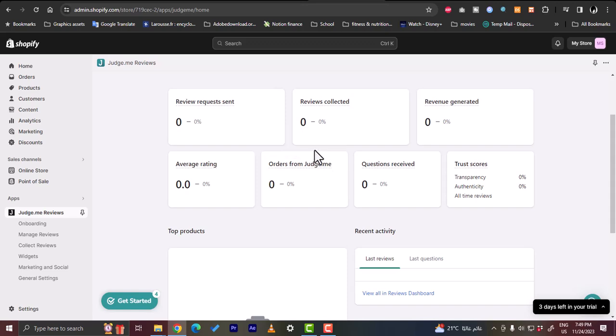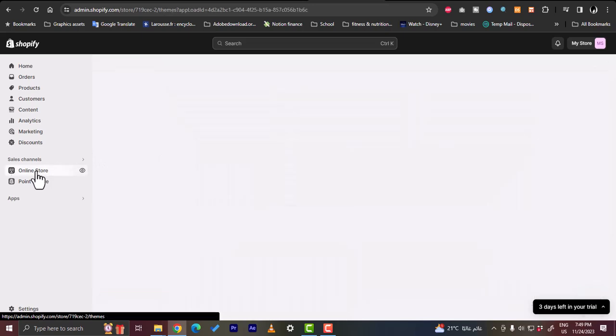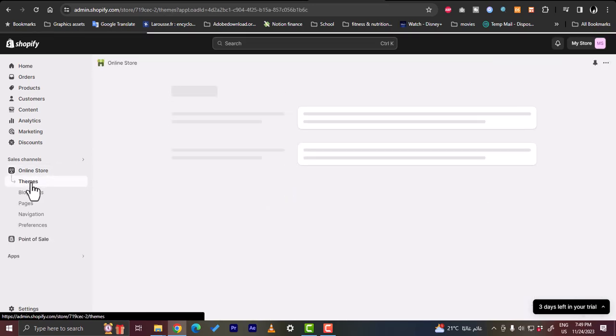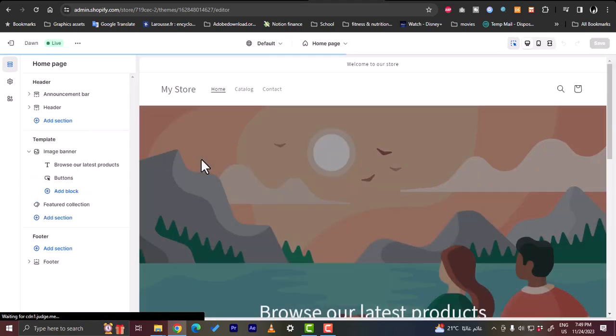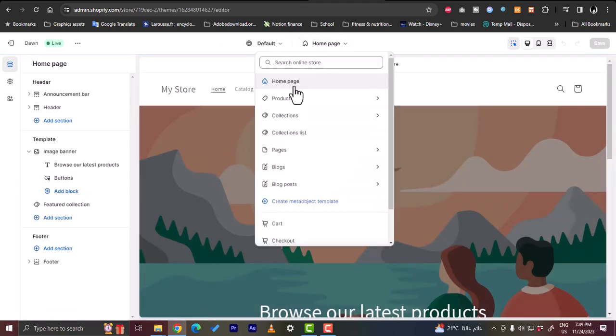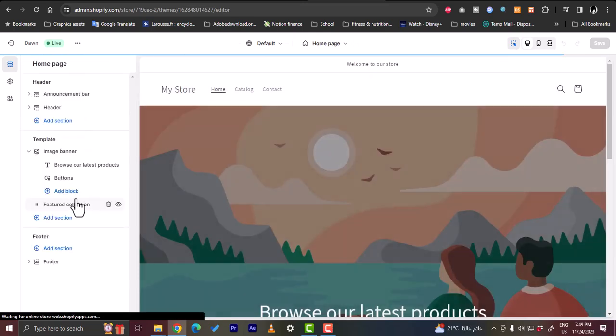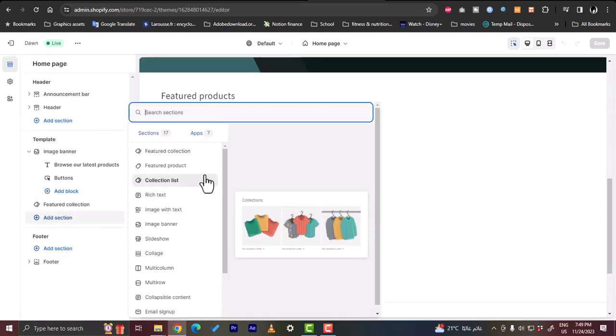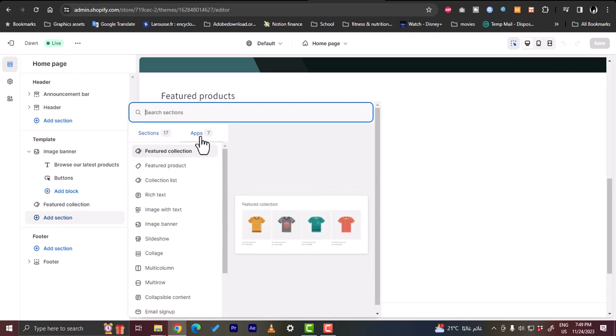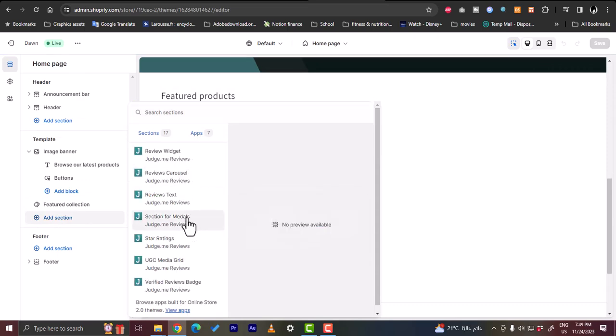Now, let's go to the online store here, and then click on themes. Themes is selected. Let's go to customize the themes here, and make sure the home page is selected, and let's try to add the section here in the template. So add section, and here in the apps section, if we click on it, you'll see here the options provided